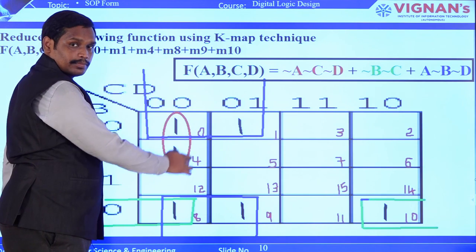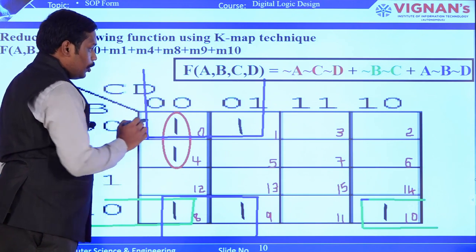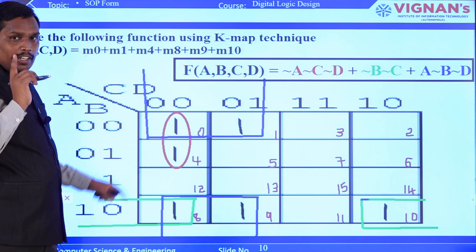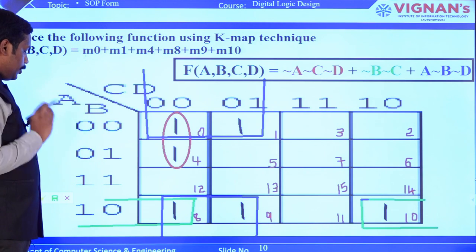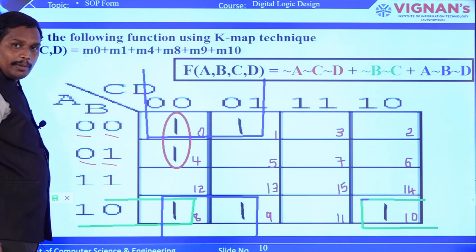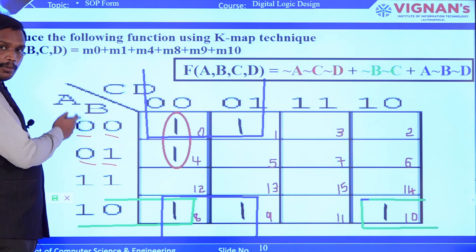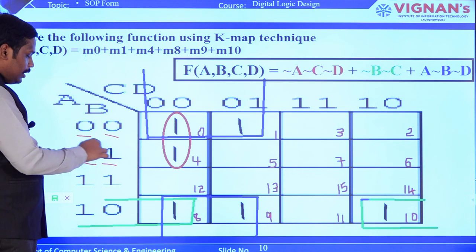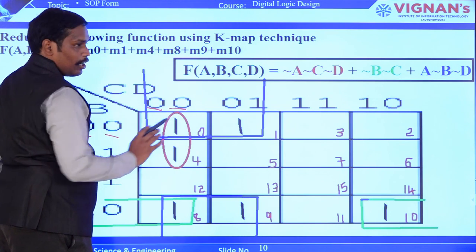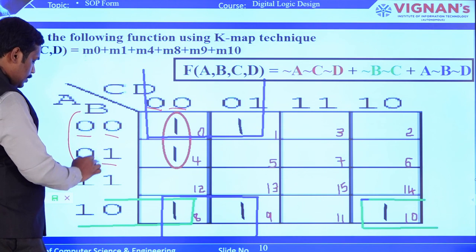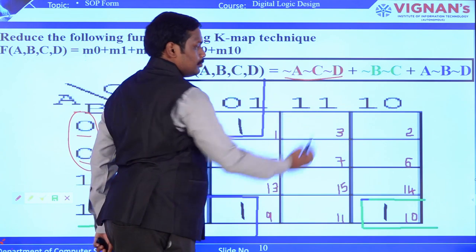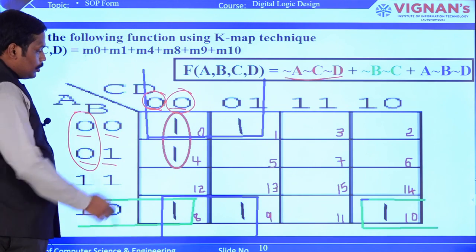So for this red, that is group 1, which is a pair. This is a 4 variable Karnaugh map, A, B, C, D. Since it is a pair, it will reduce only 1 variable. So we'll see which variable is reduced. Here in this particular pair, these two can be compared. When you compare these two, A bar is common, B has a change, so we'll neglect B. So A bar, and in these two values you can see that C bar, D bar are common. That is the reason why we say A bar, C bar, D bar. So that is the first term that we have simplified, right? So for this pair it is completed.